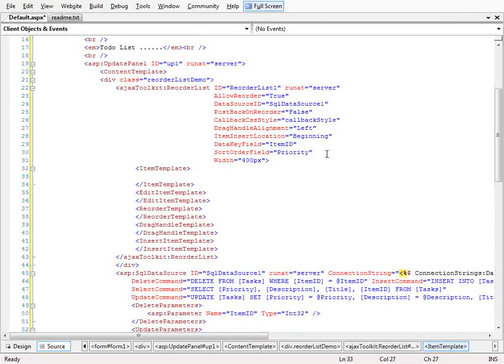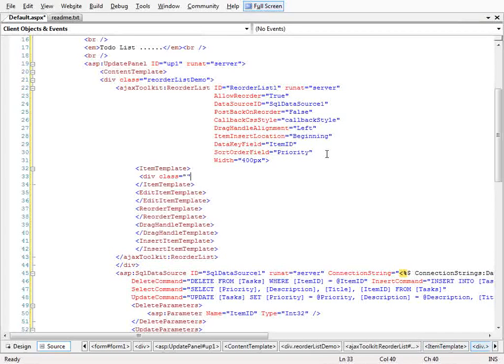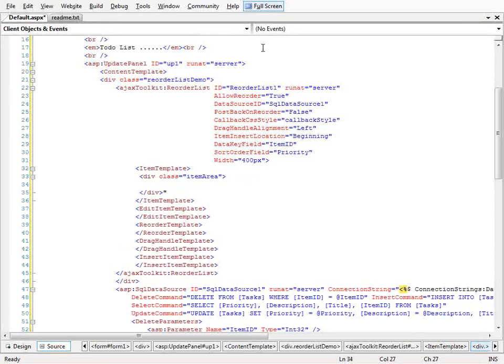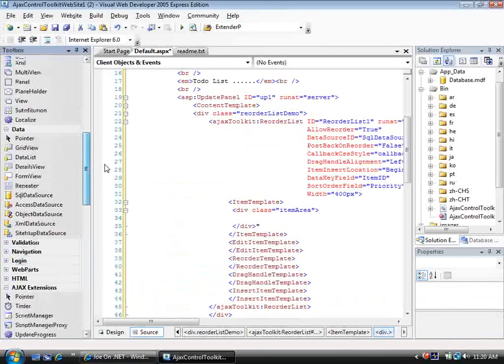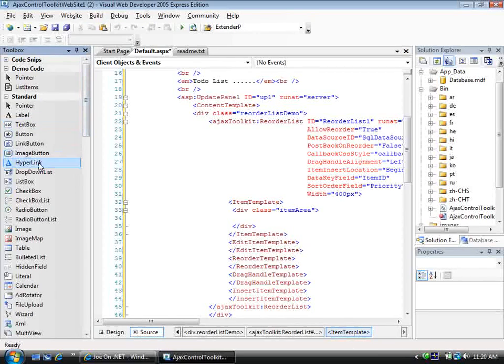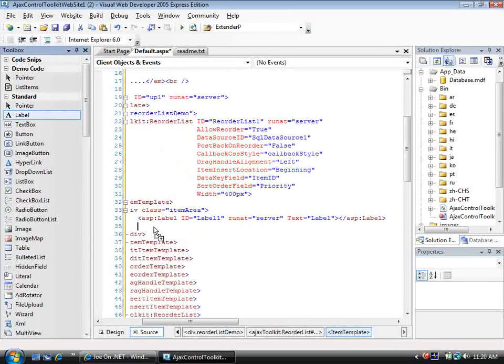So the first thing we'll do here is we'll add a div so we can pick up some styles from our CSS class, and we just call that item area. And here we're going to just add a couple of controls. So let's find our toolbox, and we're going to add just simply 2 label controls. So let's fix that there. Let's go up into our standard controls, find a label, add 1, add a second one,